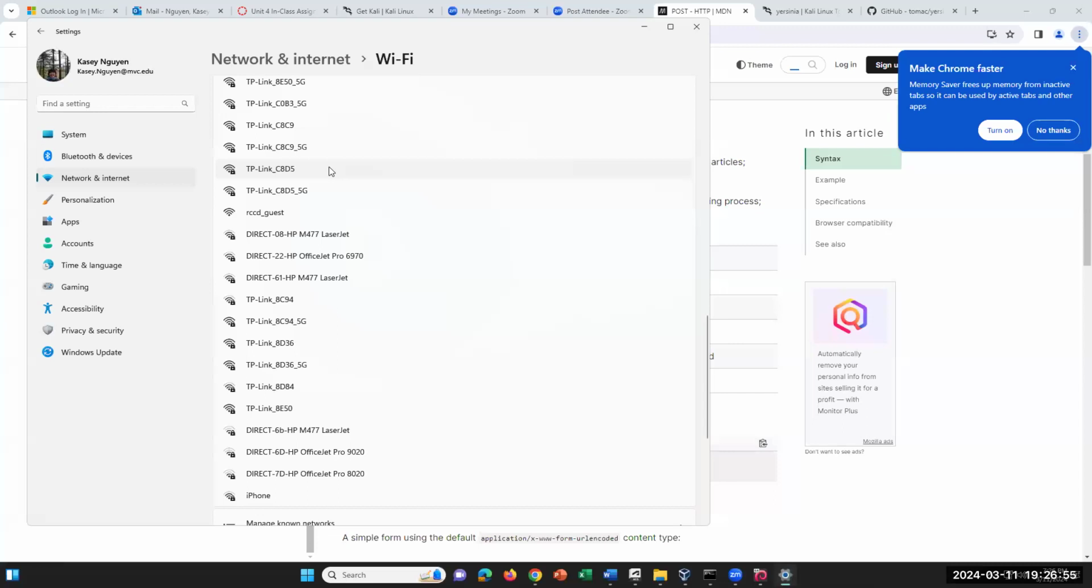Yeah, you won't have any connection out there, because when you configure it, your router will not have